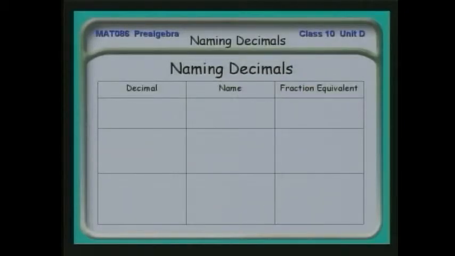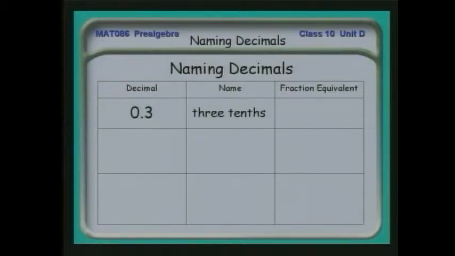But typically, this is about as much as you're going to have to deal with, and just as you name the numbers greater than 1 in terms of millions, 10 millions, 100 millions, you can name them equivalently and symmetrically going down, becoming less and less and less by factors of 10. Then we looked at naming decimal numbers. For example, if we write